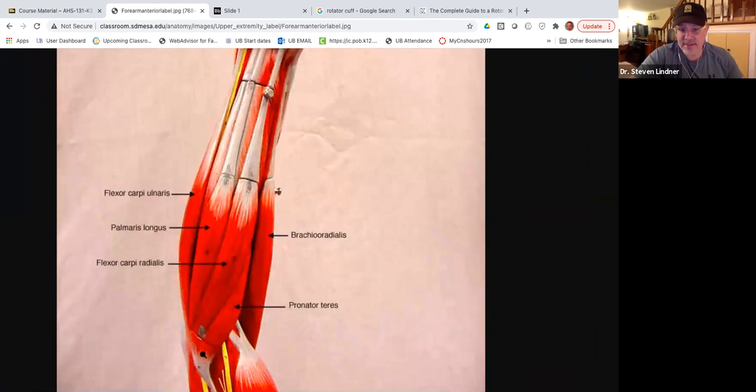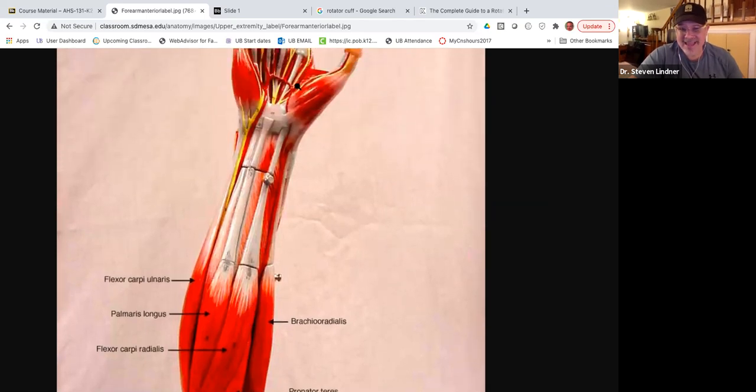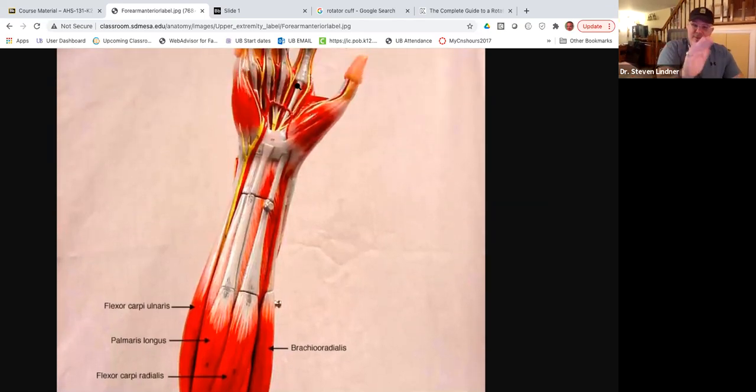It just goes from the medial epicondyle to the proximal forearm. So it pronates the forearm, but the hand comes along for the ride, right? When you supinate and pronate, it's the forearm that moves, but the hand has no choice but to come along for the ride. Palmaris longus purely flexes the wrist, but the flexor carpi radialis can flex the wrist, but since